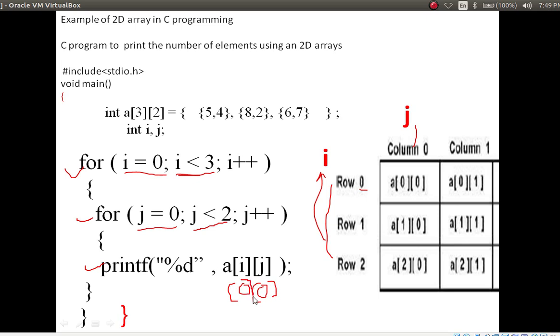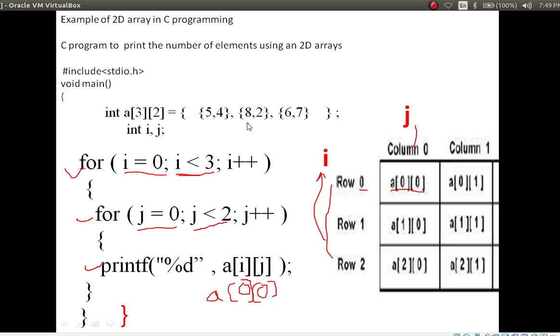If you understand the previous example, then only will you understand this one. Otherwise you will not understand anything. This array name is a of 0 0. See here, a of 0 0, what is the value here? This is what is going to print.